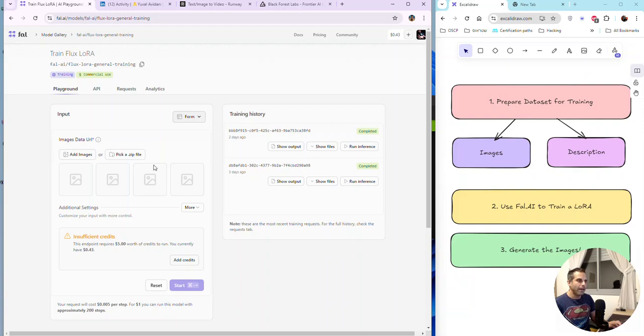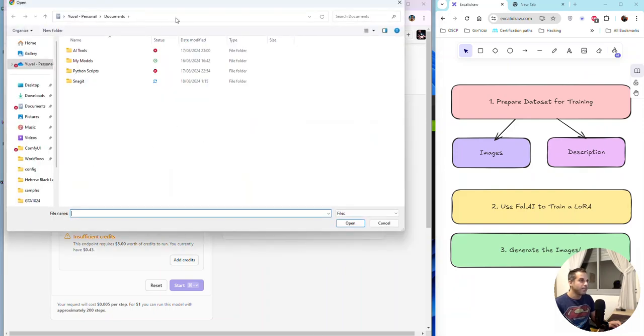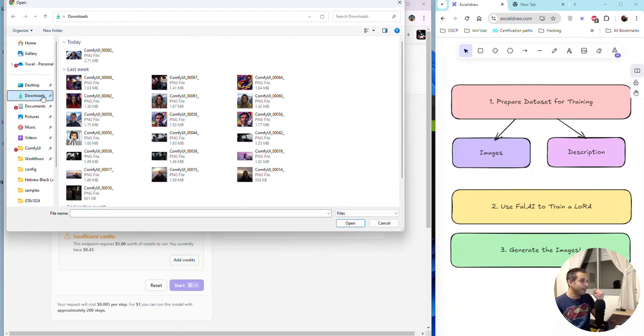I'm going to add the images. Let me just click add images. And you know what? I can also, in downloads, I can just